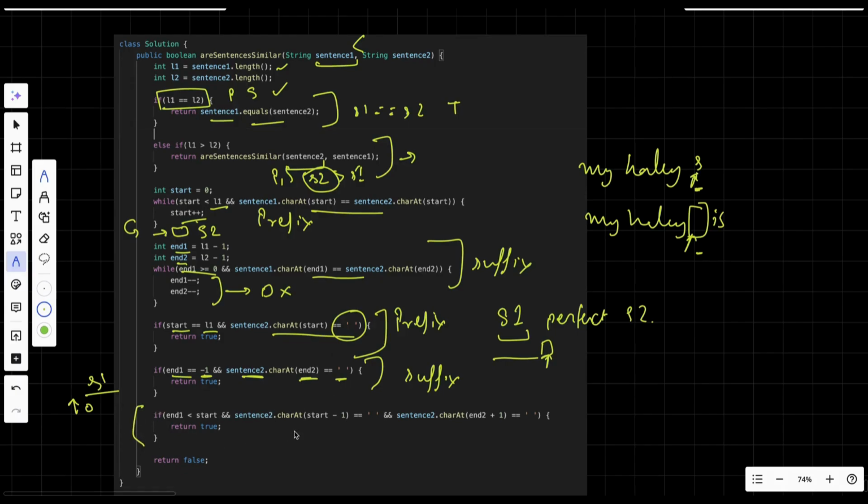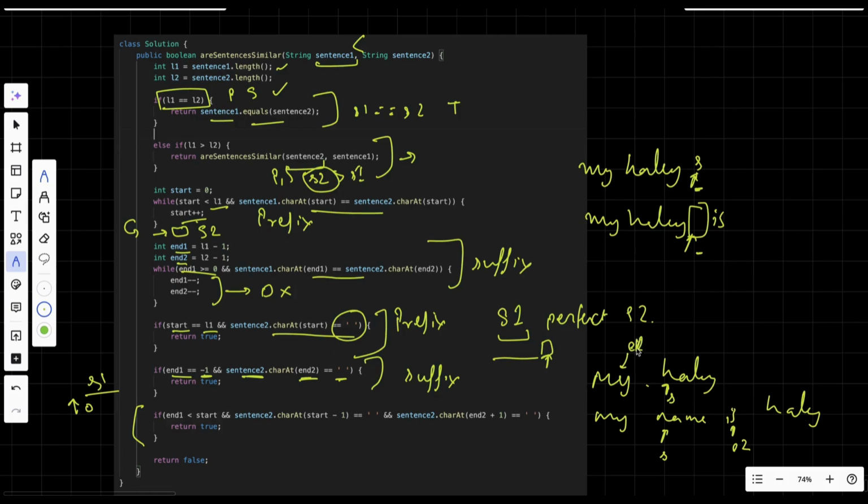Now this is the case when we had "my Haley" and "my name is Haley", for example. So in this we are checking. Now our start will be pointing to this